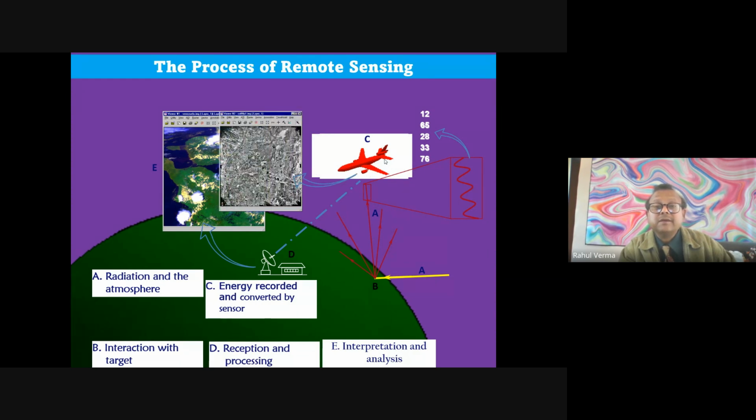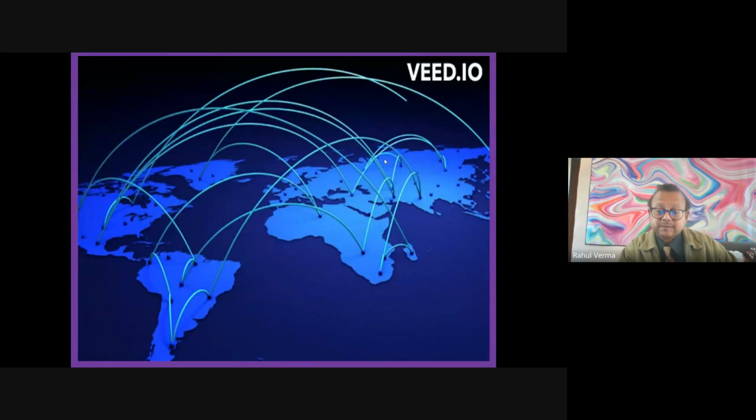And there is airborne survey. You are taking pictures from an aeroplane. And in the beginning, when there was no aeroplane, scientists were taking pictures through balloons, hot air balloons. That was also airborne survey.